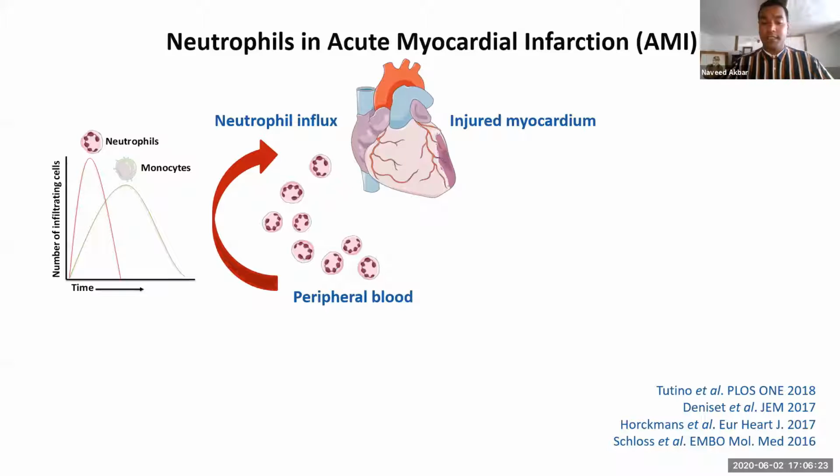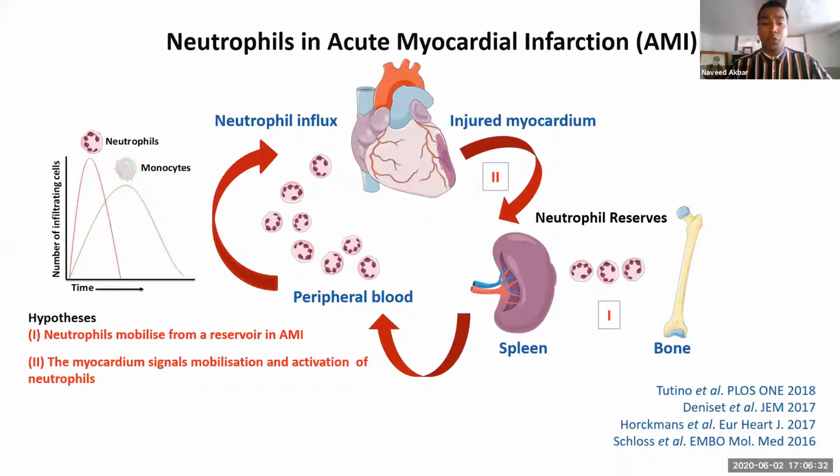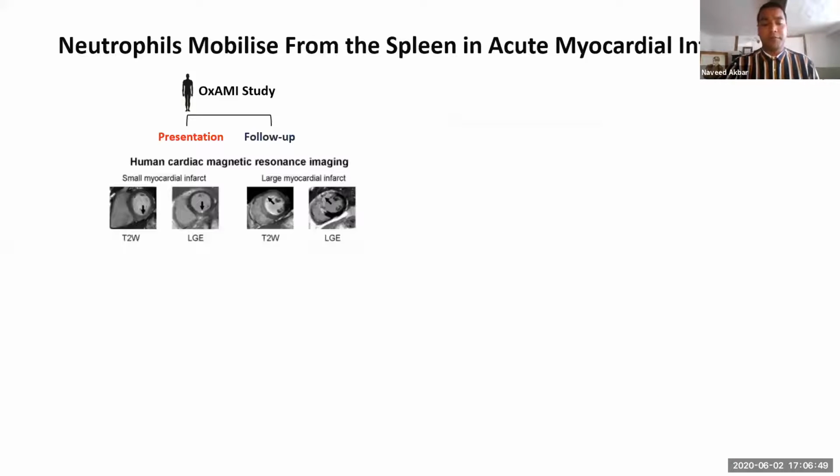So we have hypothesized that neutrophils can be mobilized from reserves such as the spleen or the bone marrow, and that the injured heart is able to signal this mobilization. We further hypothesize that analysis of neutrophil gene expression profiles will allow us to identify pathways and processes that are amenable to therapeutic intervention. So in Oxford, we benefit from a large clinical study called the Oxford Acute Myocardial Infarction Study, where patients presenting with myocardial infarction are recruited, and then they're highly characterized with respective cardiac magnetic resonance imaging